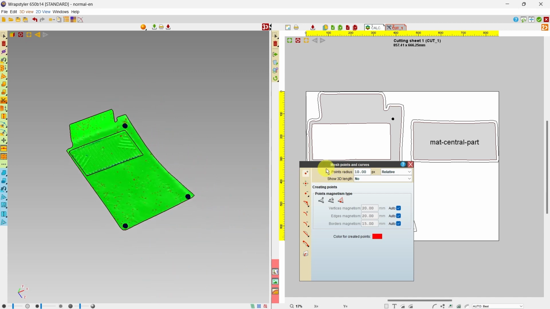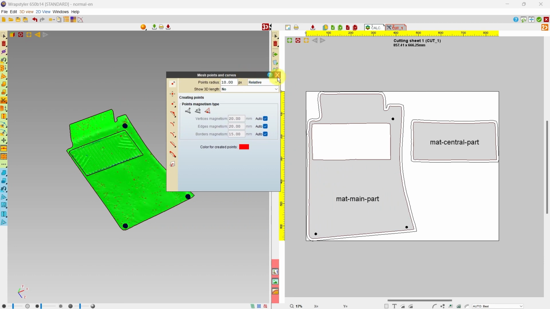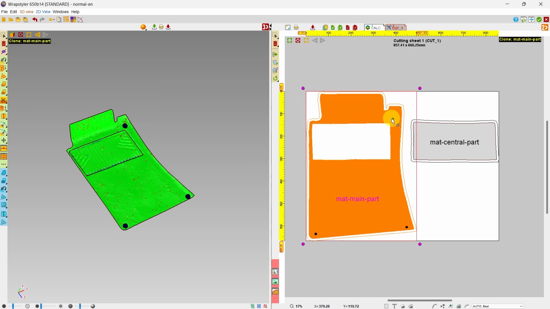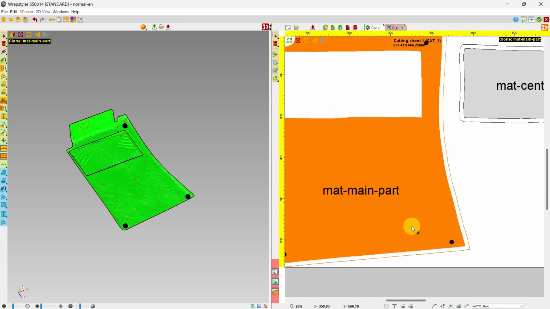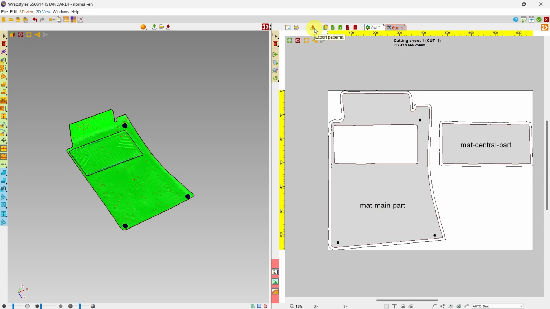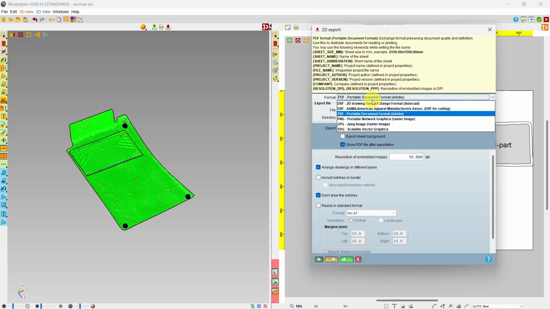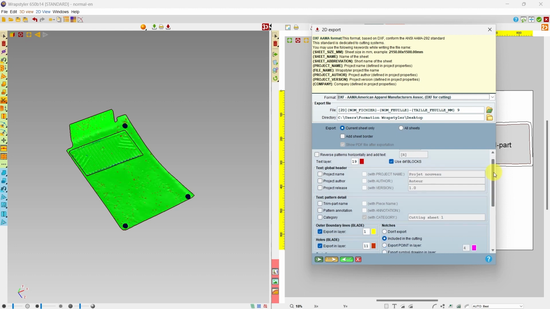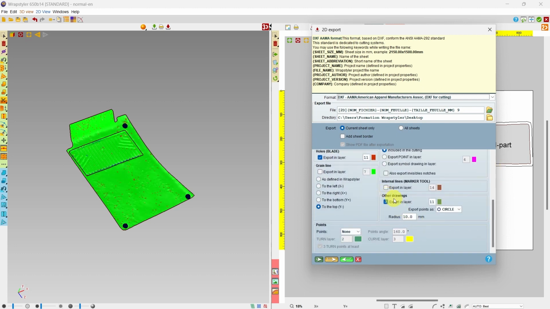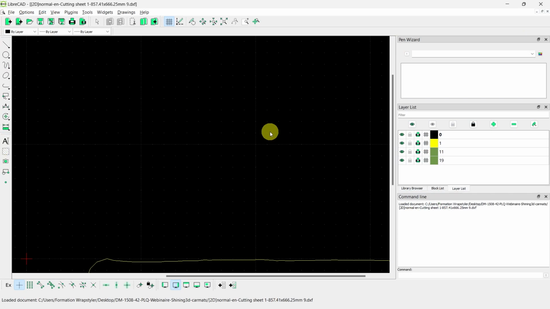And you can see that they are automatically added at the corresponding spot in the 2D view. Now I can select an option in the DXF AAMA export settings to cut circles or to draw them with the marker tool of the machine where these points are located.